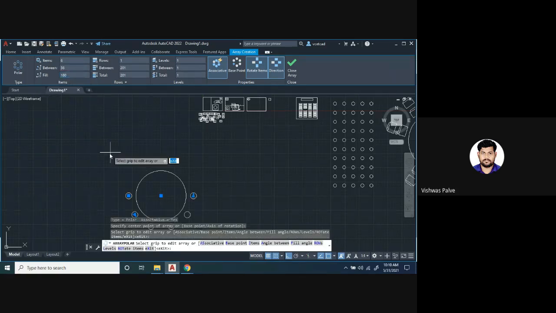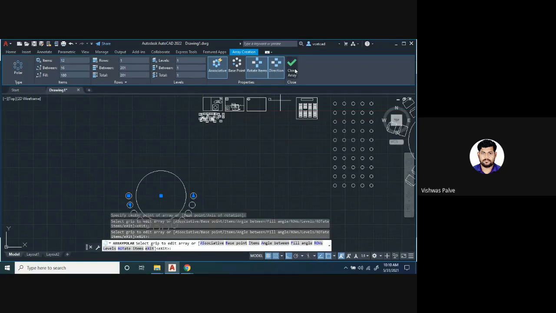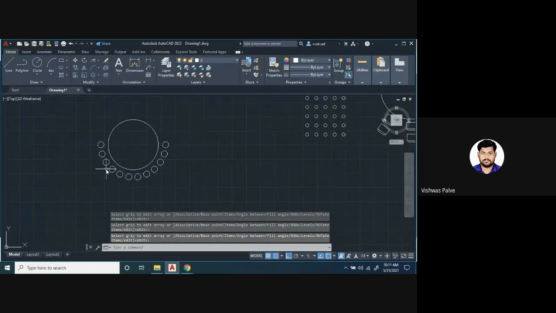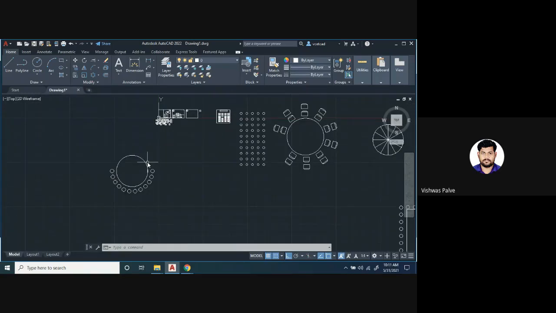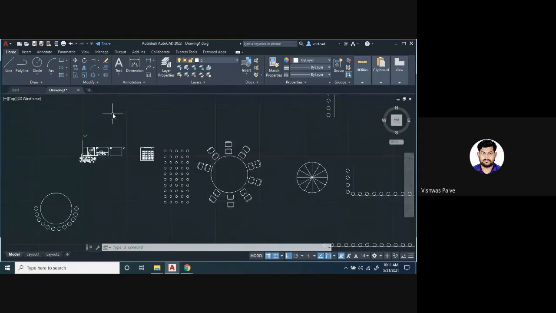Only 180 degrees will get filled. Suppose 12 objects are there, it will get filled only for 180 degrees. Suppose if I want 120 degrees, that much portion also you can fill using that option. Okay, so that I wanted to show here.